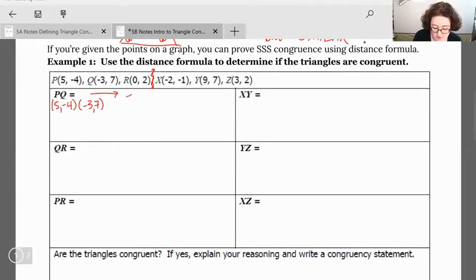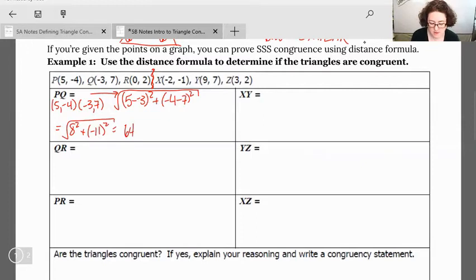So x1 minus x2, so I'm going to do 5 minus a negative 3, all squared, plus negative 4 minus 7. And again, the order is less important than keeping it consistent through your entire problem. And so simplifying this out, we'll have an 8 squared, and negative 4 minus 7 actually gives us a negative 11. 8 squared is 64. Negative 11 squared is 121. And then 64 plus 121 is 185. Square root of that. And I'm not going to worry about simplifying this, because if we're getting the same number under the radical for any of these, then that's enough for us to prove we should get the same